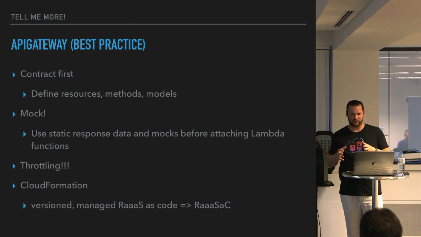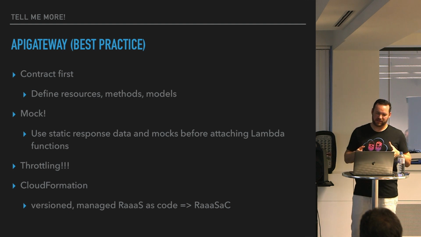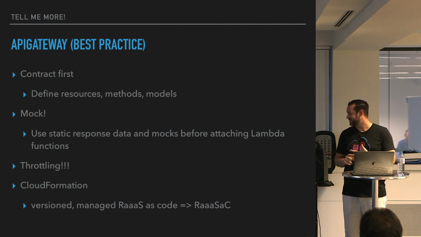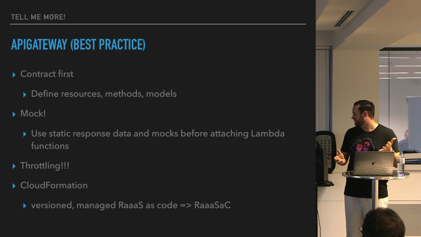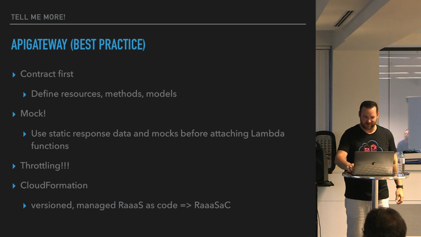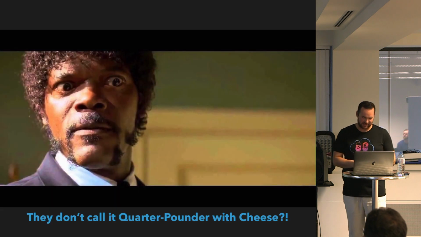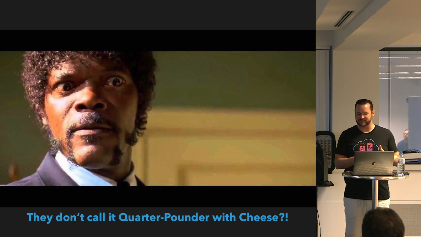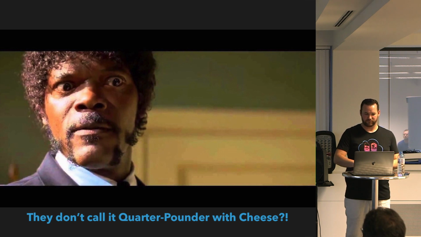You can define your REST API and API Gateway using CloudFormation, and that means that you have a version managed REST API as a service. So a new term, RESAC, because they don't have any terms in IT. And this RESAC is a really cool thing because you can define Swagger files and easily deploy your REST API using Swagger, and everything is versioned and documented automatically.